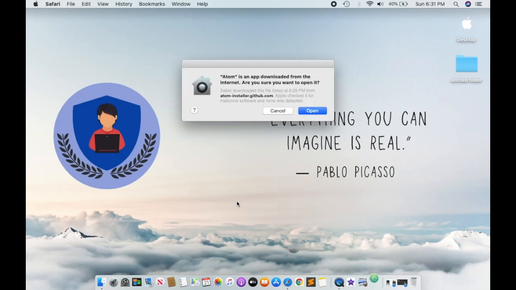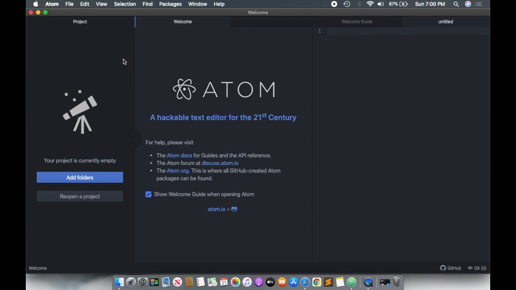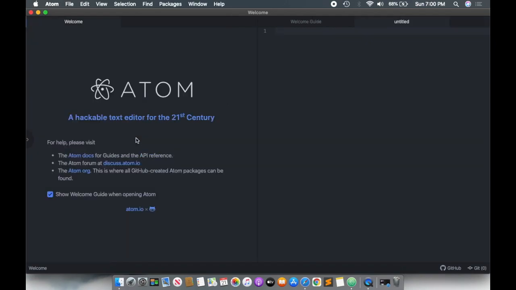This message says that this app is downloaded from the internet and asking me if I'm sure to open. Let's click yes, and the Atom is open, and you can see the add folder, and if you have any existing projects or folders, you can reopen your project. For the moment, let's just minimize it, and you can